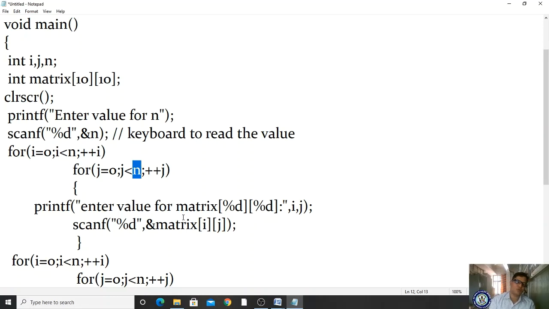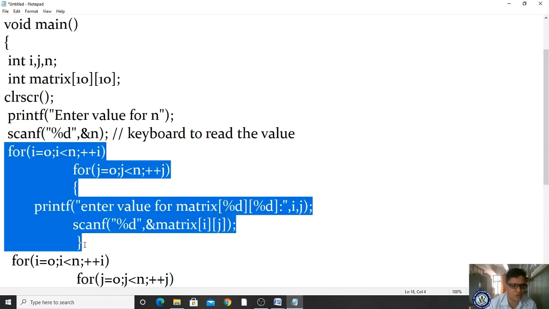How many elements are we supposed to store? 9 elements. That is why it will repeat until you read the values of 3 rows and 3 columns, right? This nested for loop is used to read and store.